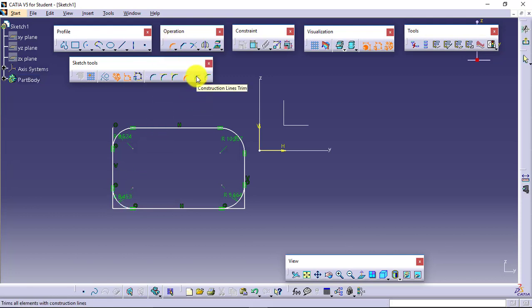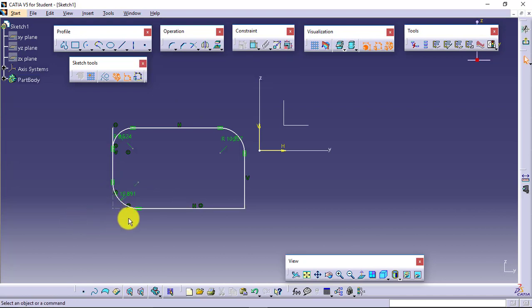Next we have construction line trim. Just to explain it, I will delete this and this as well. Construction line trim: I'll select the first object, I'll select the second object, and I'll apply the fillet over here.